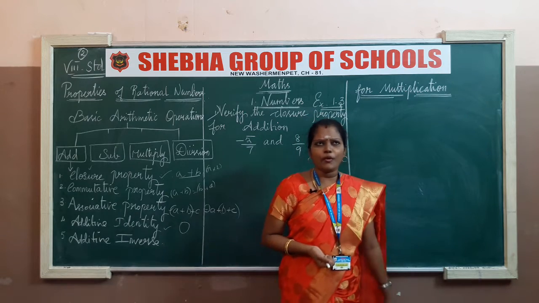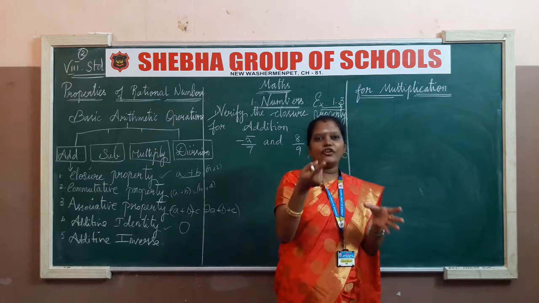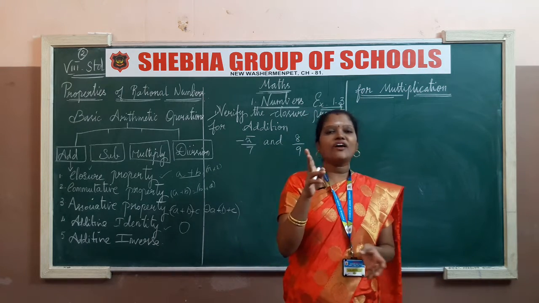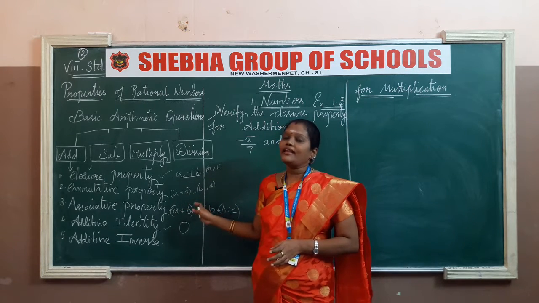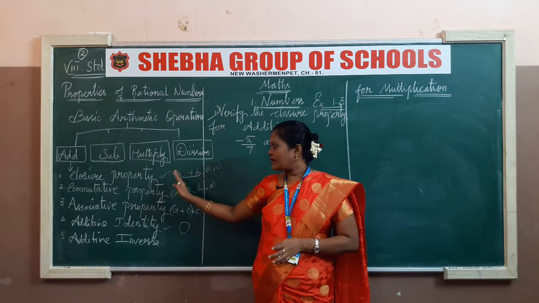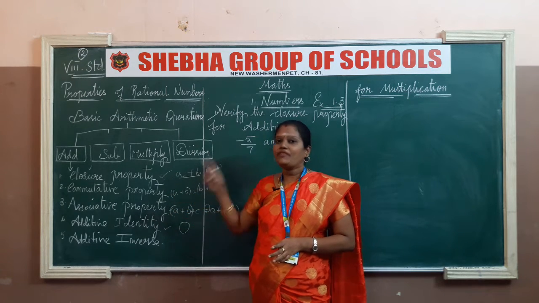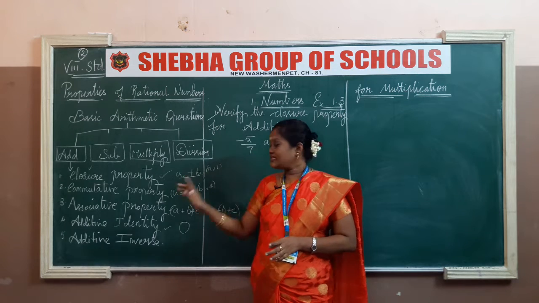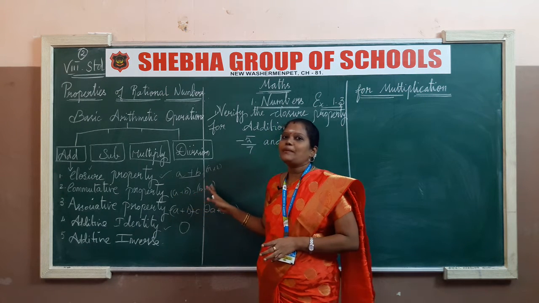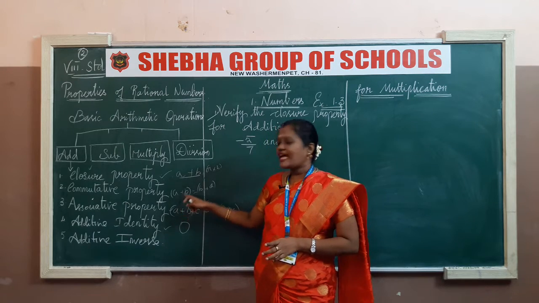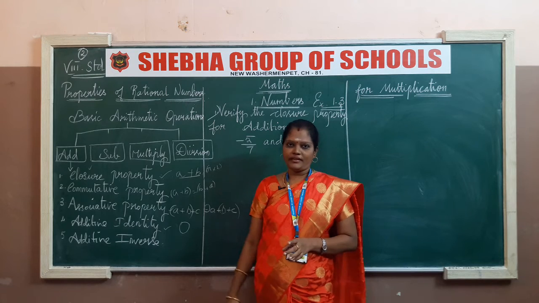Next we are moving to the second one, the commutative property. What is a commutative property? Yes, commutative property is nothing but, simply I am saying for your reminding, the change of place value. Okay, it also consists of left hand side and right hand side. What is the difference between commutative and closure? The place value is different. Here in the left hand side you have A plus B rational numbers, while on the right hand side only the place value changes, it is B plus A, but the left hand side is compulsorily equal to the right hand side.